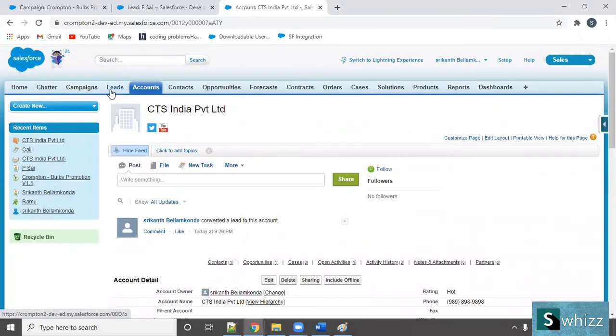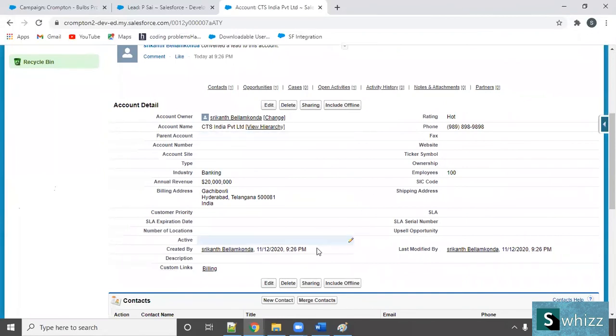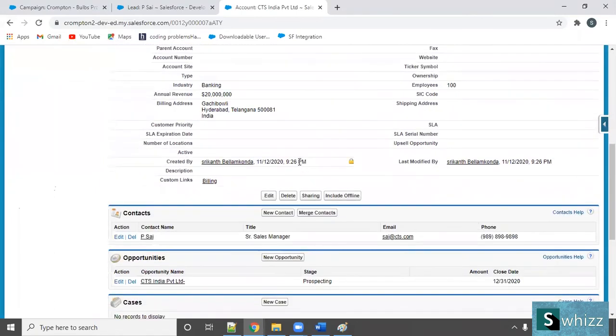Right? It jumps from lead to account. So who becomes account? Organization becomes an account. When you scroll down, what is this? This is an account detail page. Have you seen these details, where you gave these details in the lead and they are spread here? Where is I? Here.